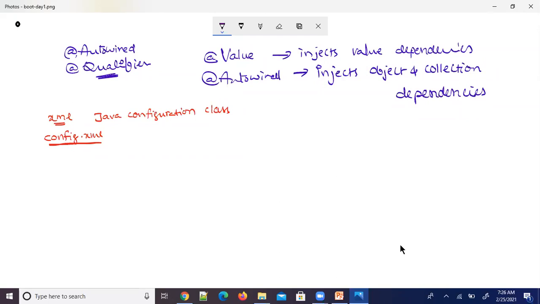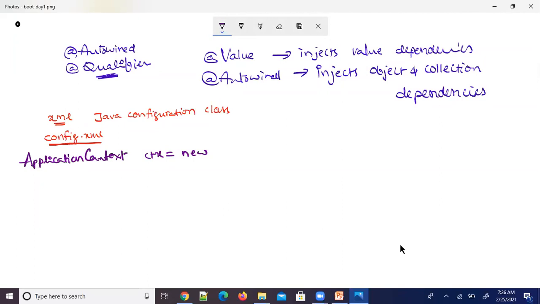So I would like to see how we are going to initialize that application context. Say for example, we write ApplicationContext ctx is equal to, there is an implementation class of application context, ClassPathXmlApplicationContext.